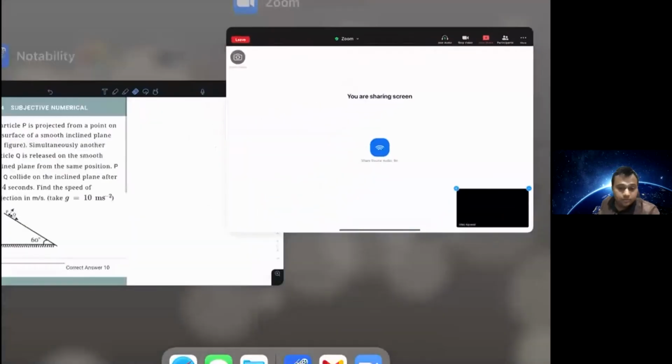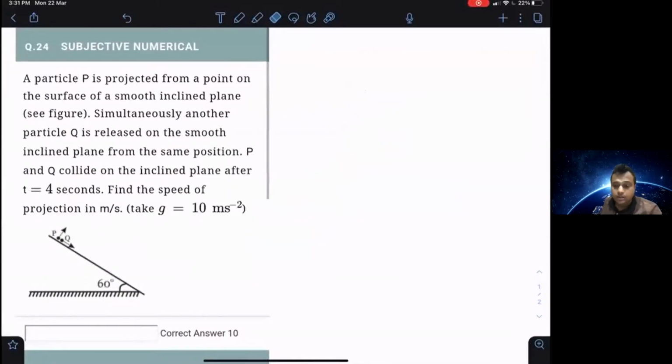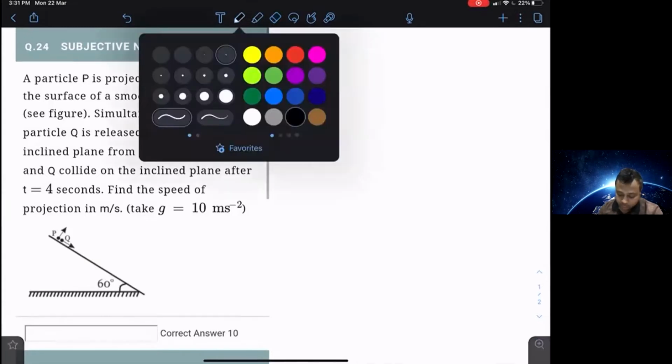In fact, it's a projectile motion along an inclined plane and some very nice conceptual clarity is required if you want to be able to solve this question. Well, if the conceptual clarity is there, the question won't take more than 30 seconds for you to solve, otherwise you will simply be struggling with it. So you can just pause this video, read the question for yourself, understand it, try it once, and then only proceed with the solution, which I'm going to discuss with you. Okay, so let's start the discussion.